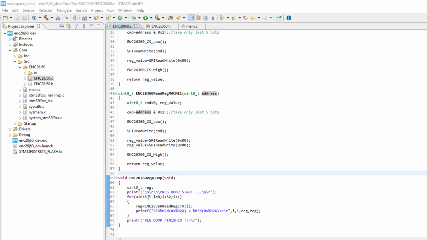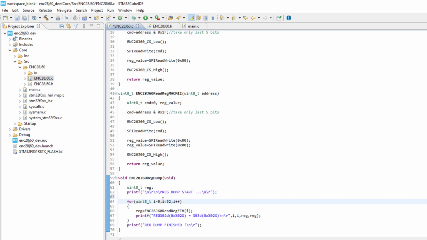This is a very simple function. I am using the printf function, which redirects its output, whatever string we send, to the serial port. How I have done this redirection of data from the printf function to the UART serial port was discussed in the previous videos. And what I am doing here is taking a loop which runs from 0 to 31, so i is less than 32.